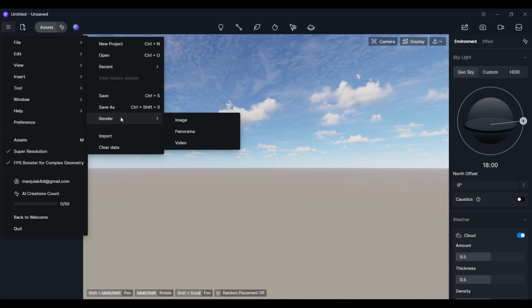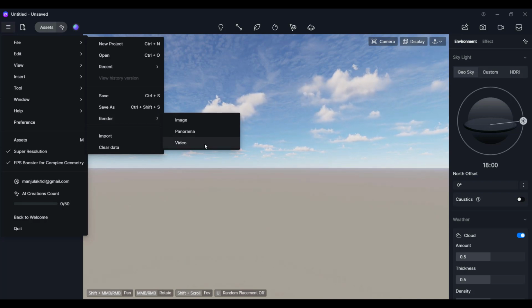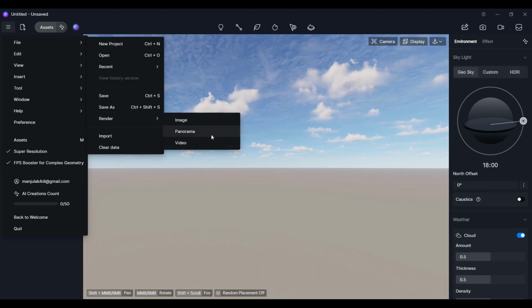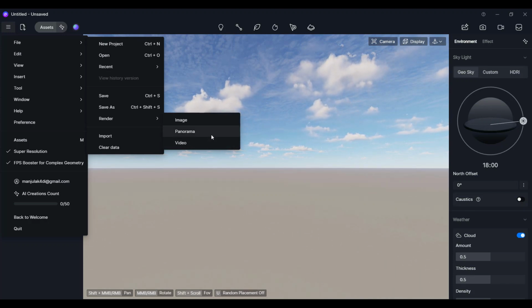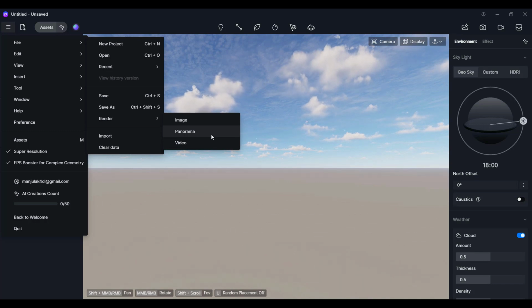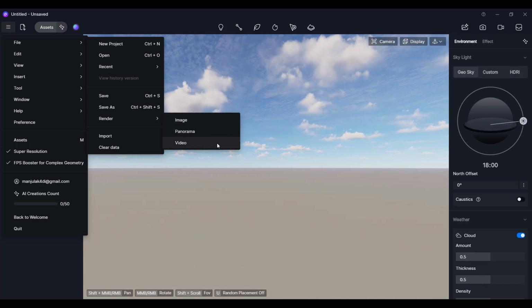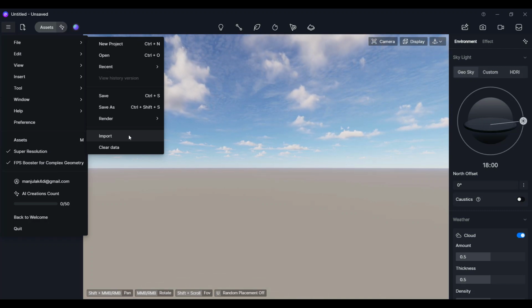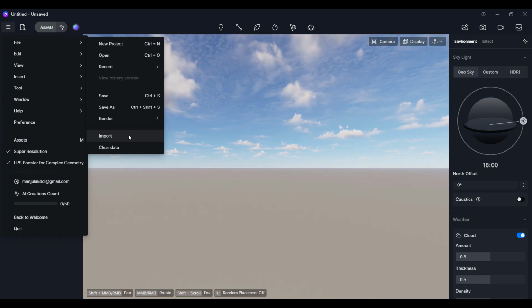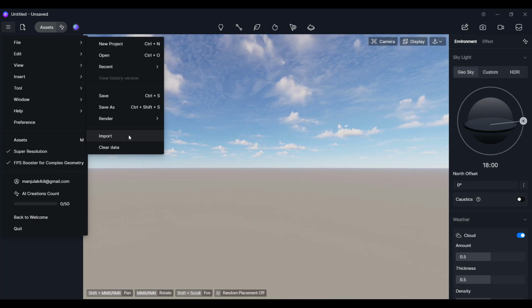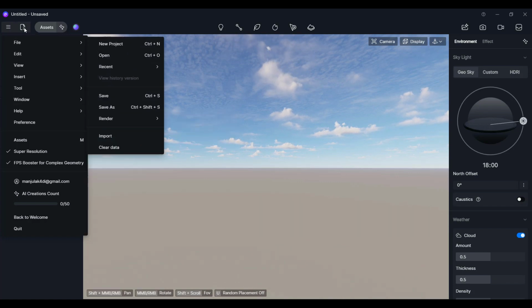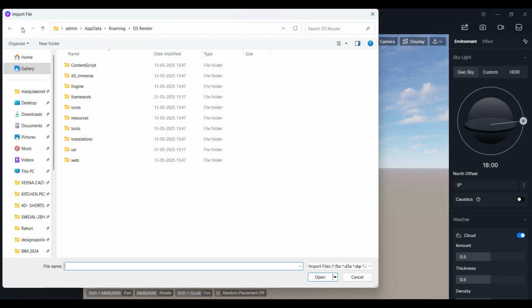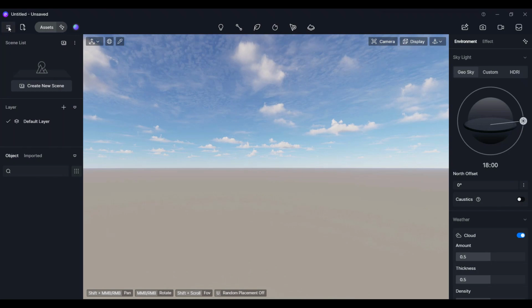Next is the render option. Once I complete the model, if you want to render, you can click on image, or if you want to create videos, you can go with the videos option. Or if you want a 360-degree panoramic view, you can click on panoramic. Those options we are going to learn in future sessions. And here we have an import option. As I already told you, once I complete the model, if I want to import those 3D models into this D5, I use this import option, either this import option or this one. Both are the same, or else you can use the live sync option.